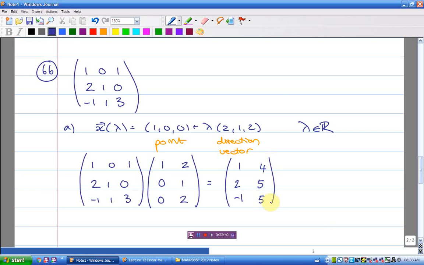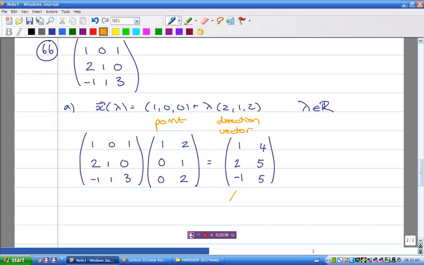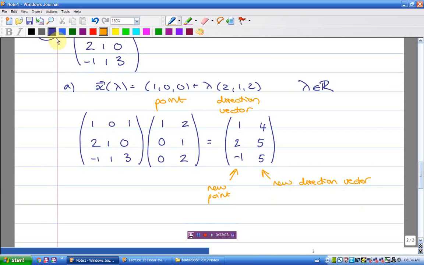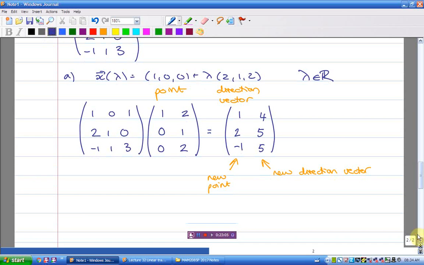Unless I've made a careless error, that is the result. So let me just check my solutions. Okay, so what I have now is a new point and a new direction vector. And so the image of my line, so there's that word again, image,